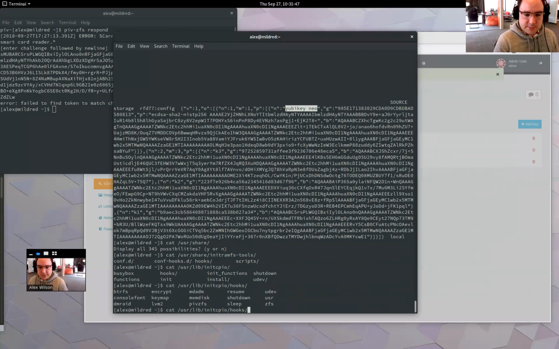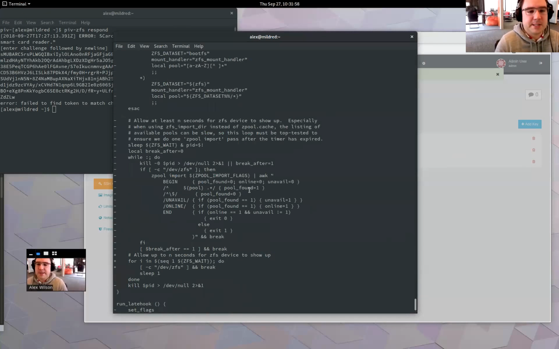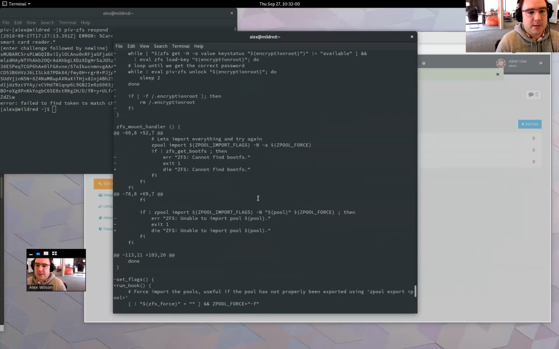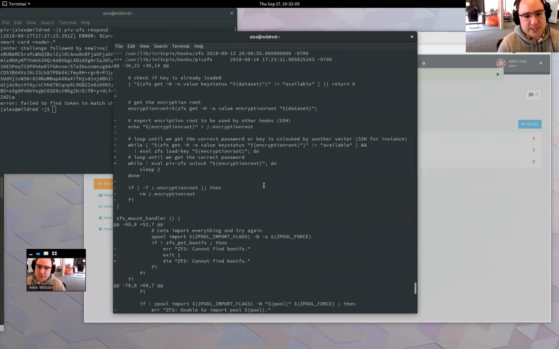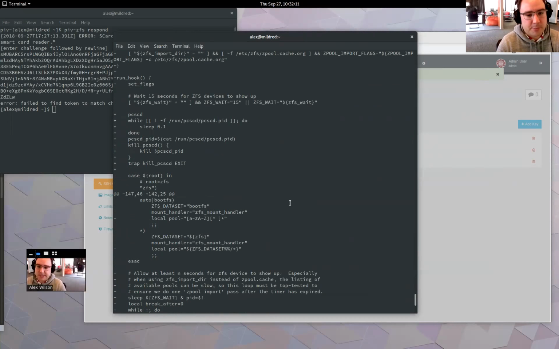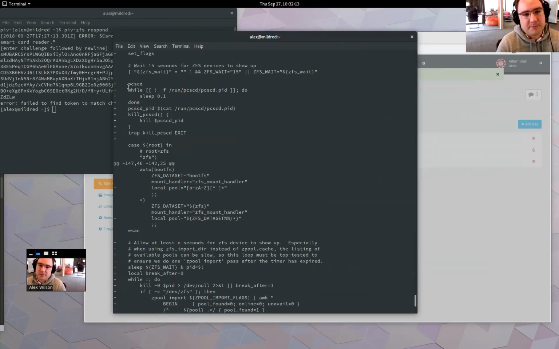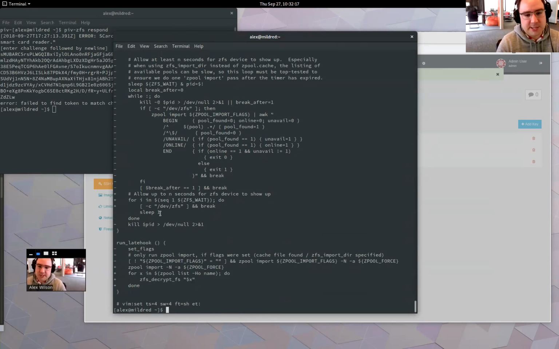I actually had to modify, yeah. So if I do, I had to make some small changes here to the init RD hook. Because my home directories are protected like this, I actually have to make it so that in the init ramfs for Linux during boot, it has a copy of PCSCD and the PIV-ZFS tool, and then actually runs it